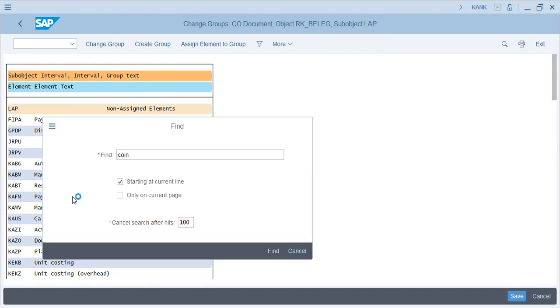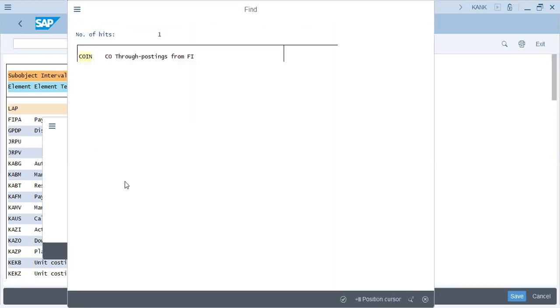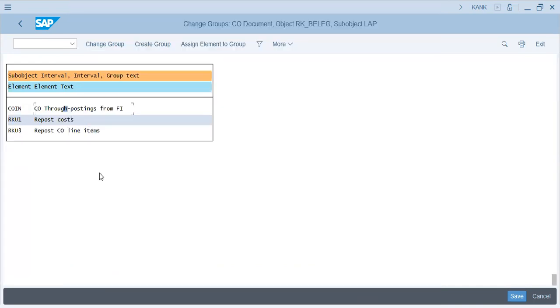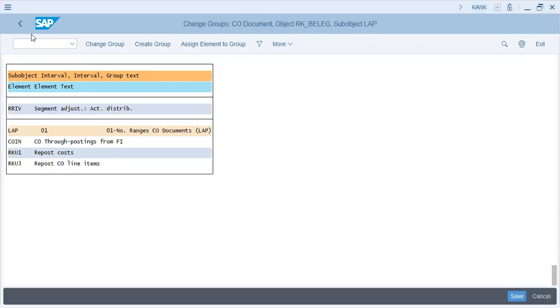Coin. Double click. Coin RQU1. Okay, it's already assigned. We go to the next step. Okay, next step is